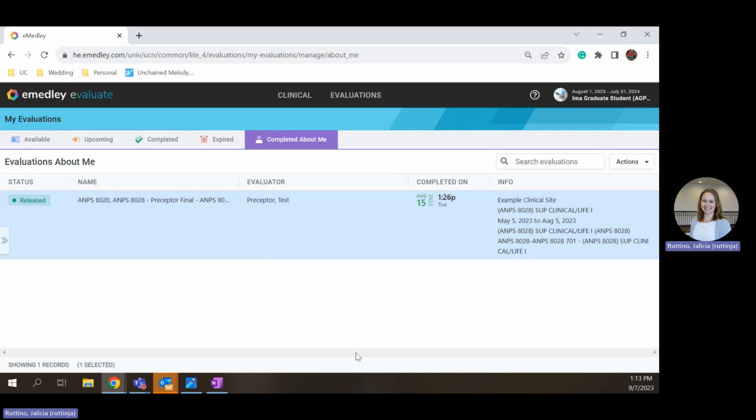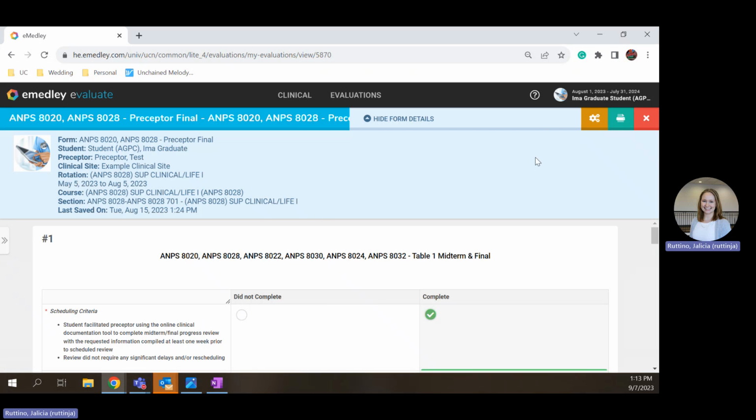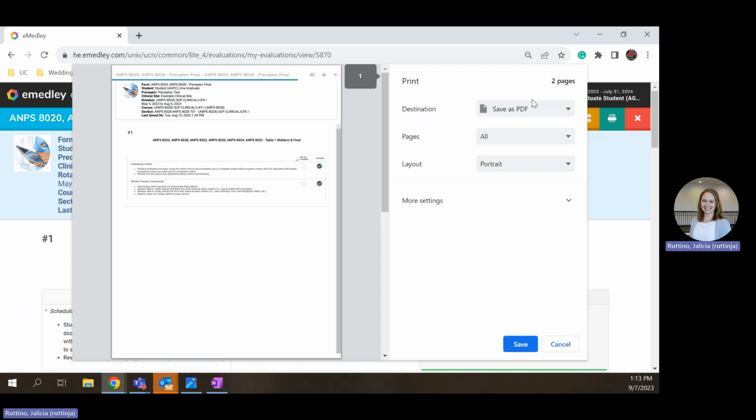To do that, click on the evaluation you would like to download. Then you can click Actions, View Responses, and then you'll be able to go up here in the upper right-hand corner, the screen printer icon. You'll be able to print it as a PDF, and then you can upload that PDF for your submission for